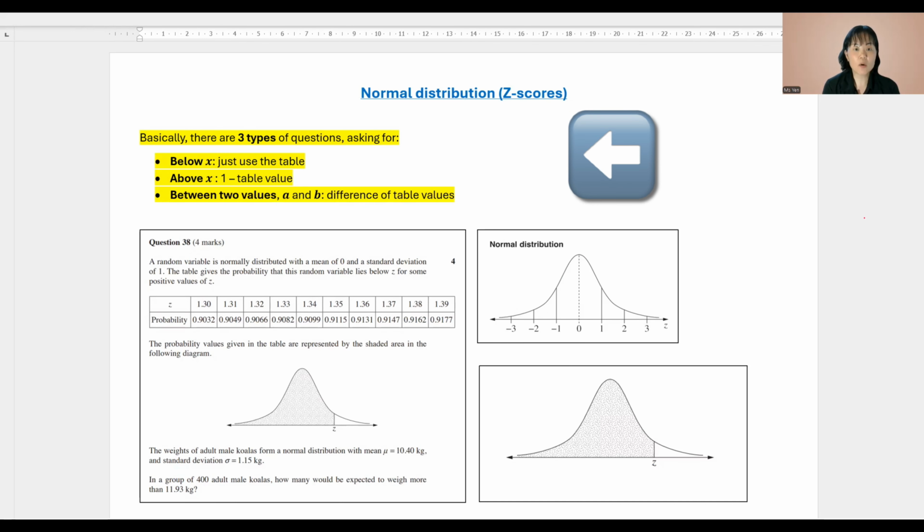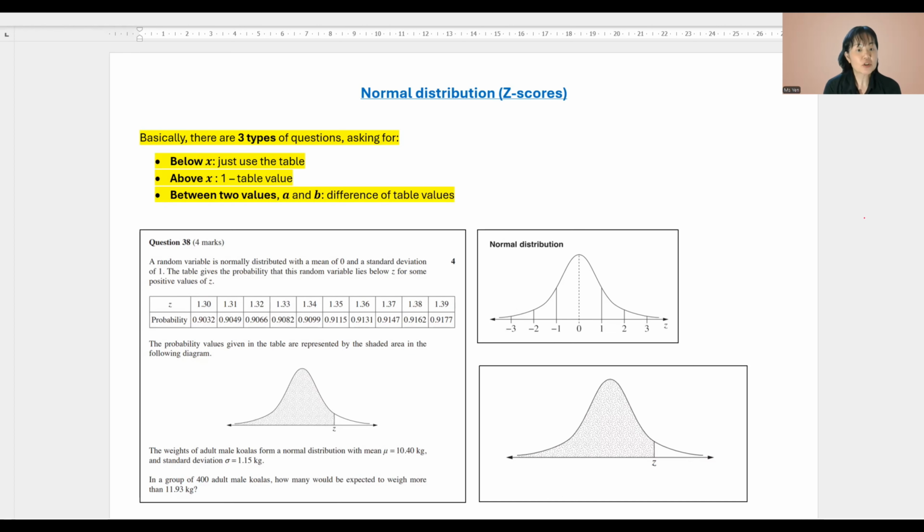Asking for below x, then you just use the table. And above x, the total probability, take away the table value. Another one they could ask is between 2 values, A and B. In this case, you just find the difference of table values. So let's have a look at